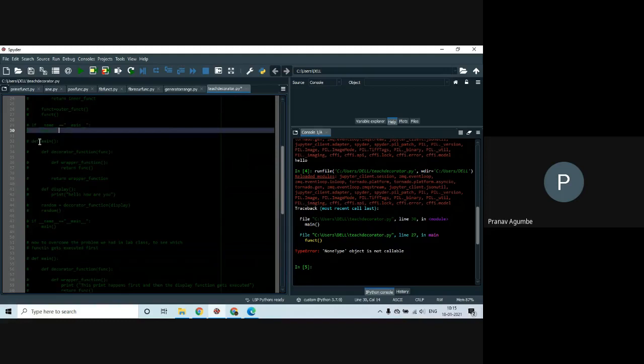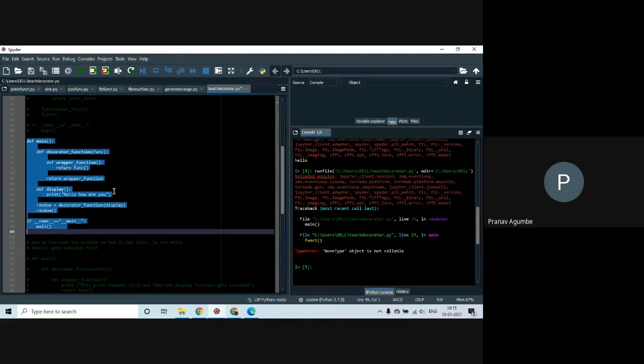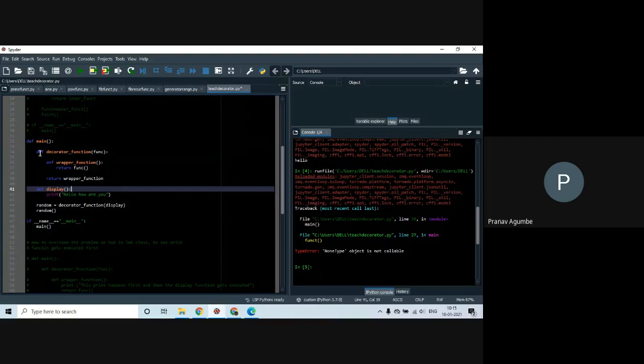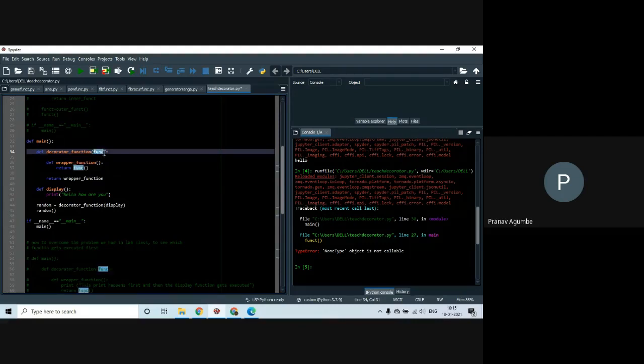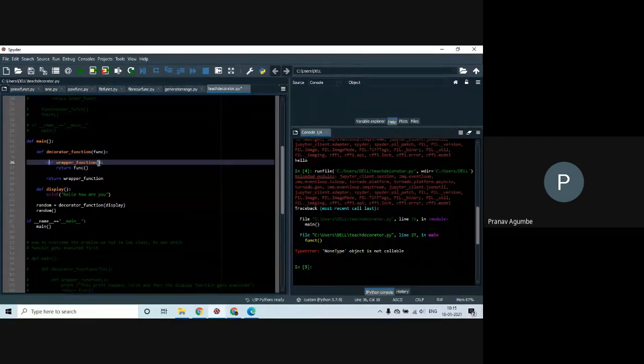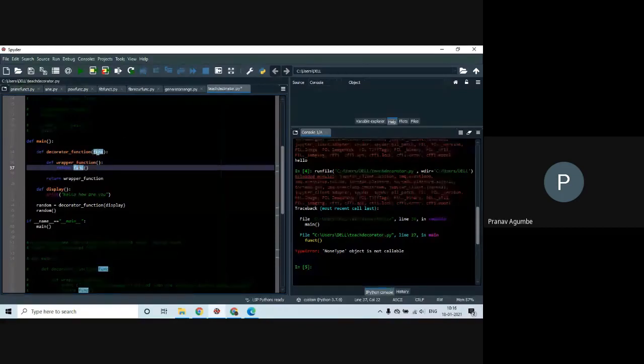So let's define a function called decorator function, which takes some argument, parameter func, and then inside the decorator function, let's have a function called wrapper function, which returns this parameter as a function, right? And then we have return wrapper function.